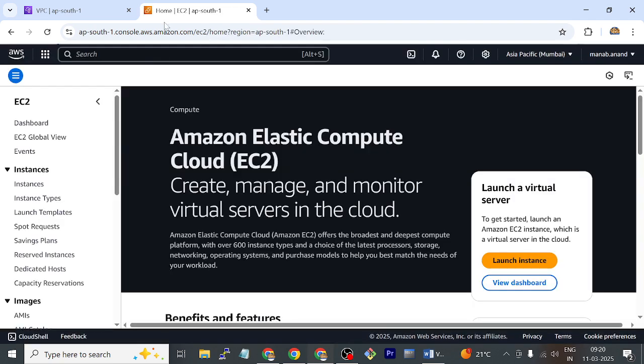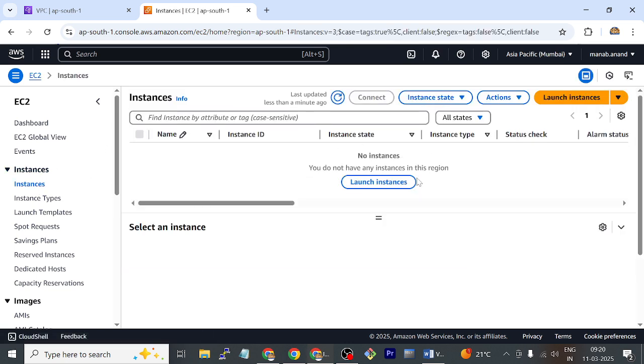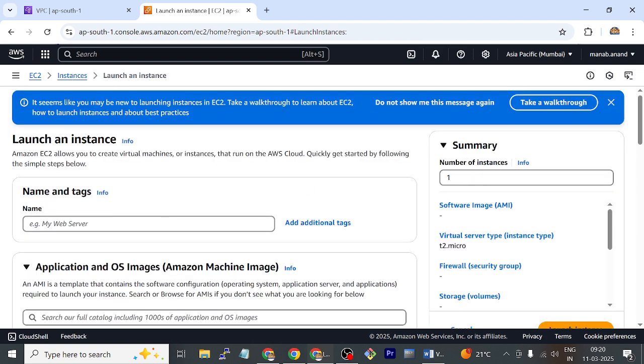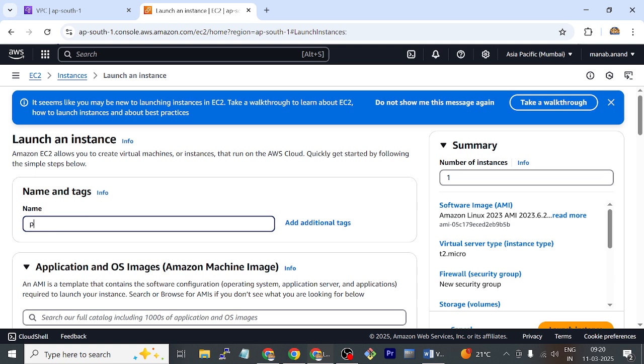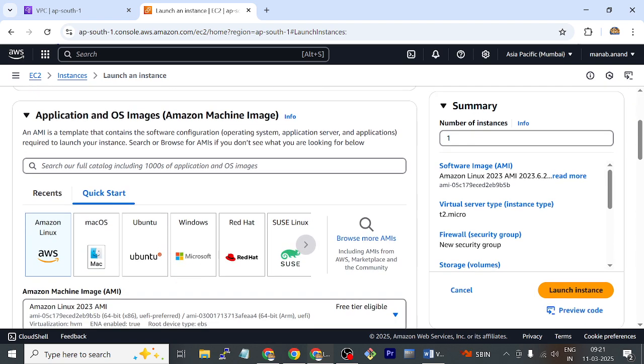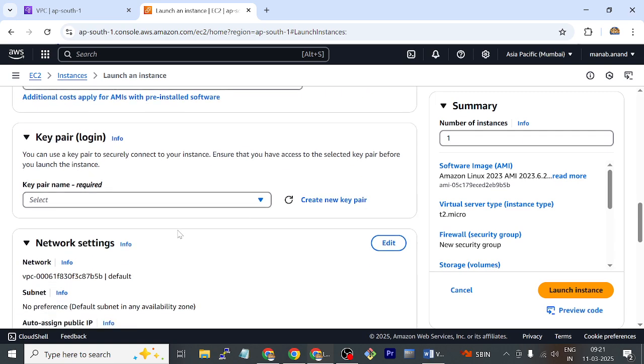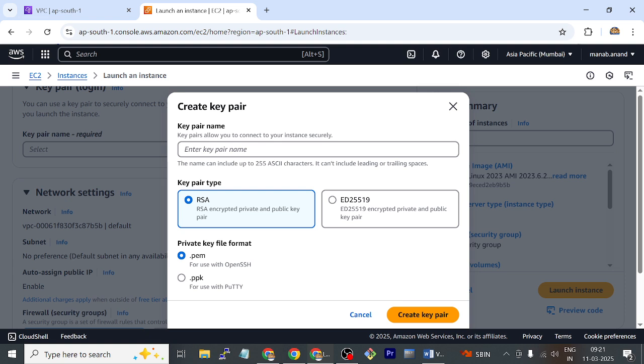EC2. Instance, launch instance. PC public 1. That means one PC in public subnet, and first PC. OS Amazon, instance T2, key pair. I am going to create one key,